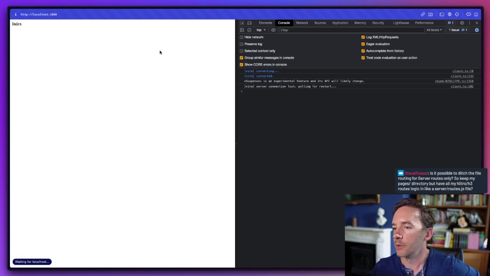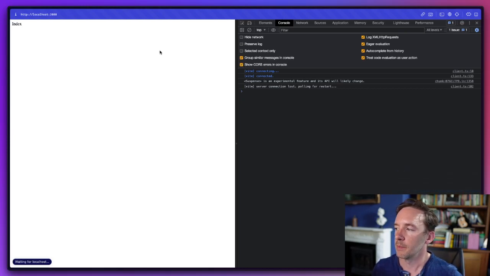Yes, it is possible to do that. They're totally separate. But there's a benefit to having them, because it means it can be lazily imported based on usage. So if someone hits an endpoint, the code for that is normally bundle split and only loaded when it's required. But you could do that.